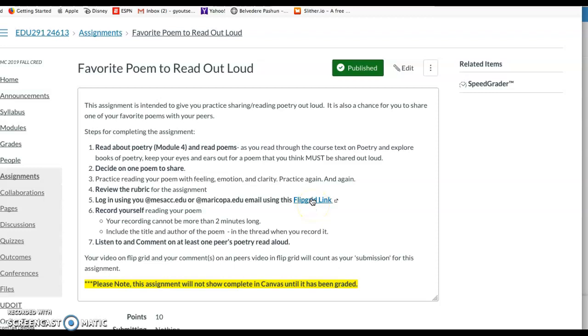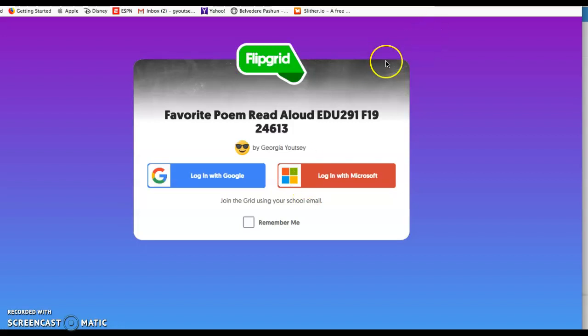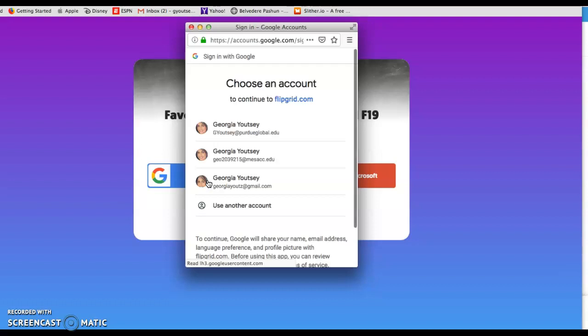So first I want you to click on the link, and it's going to take you here. So we know this is our class. It's EDU291 Fall 19. This particular section is 24613. You may have a different section listed, and that's completely fine. I log in with Google. If you have a Microsoft account, that's fine, but I believe that Google is what is going to log into our school email.